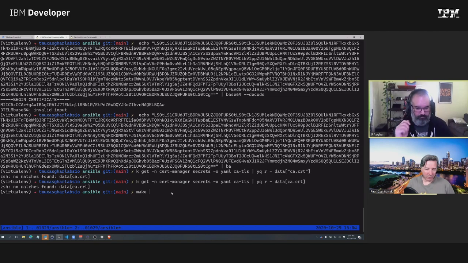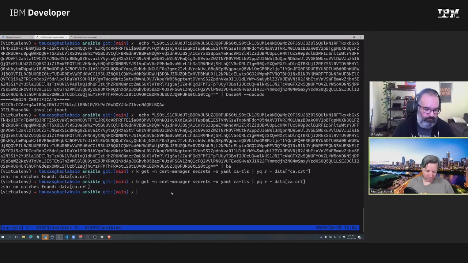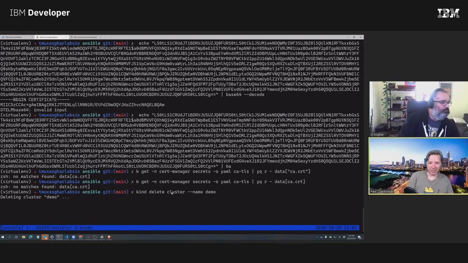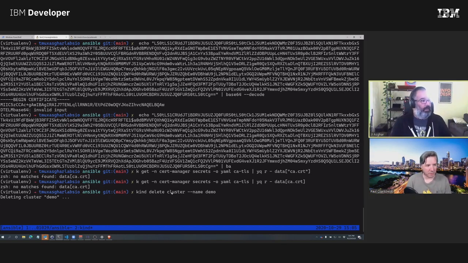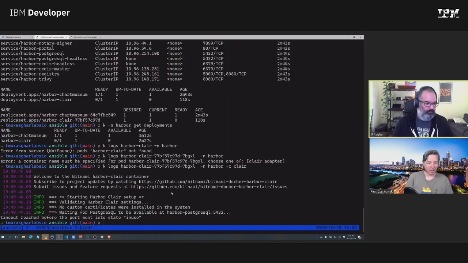So I wonder now if we do a kind delete cluster name equals demo. So let's clean that cluster out, and let's attempt to now do the same thing to the cluster you've got. Yeah, perfect. Cloud. Right.